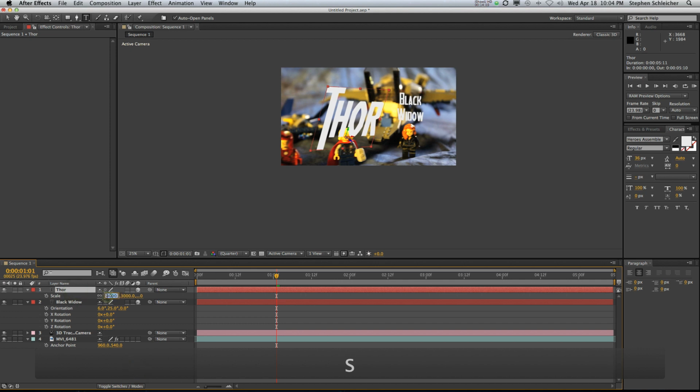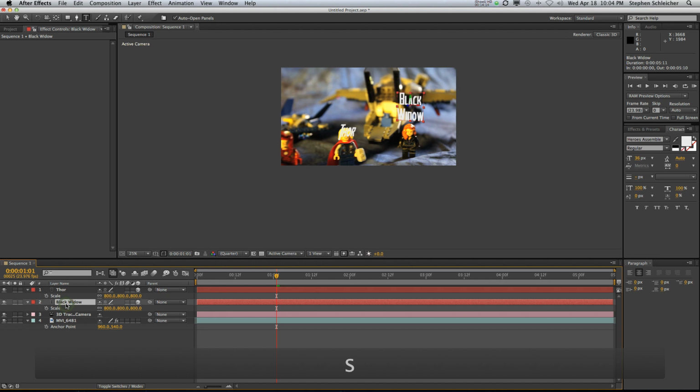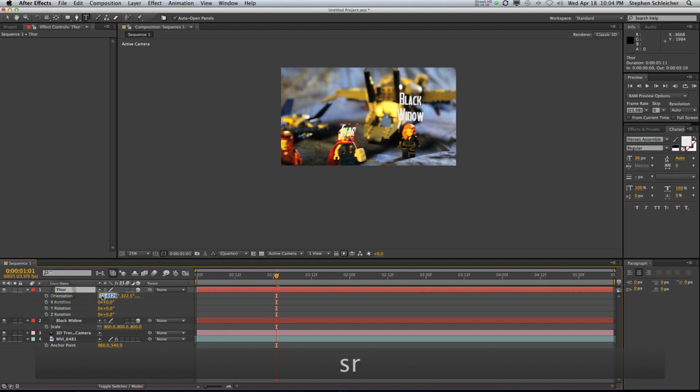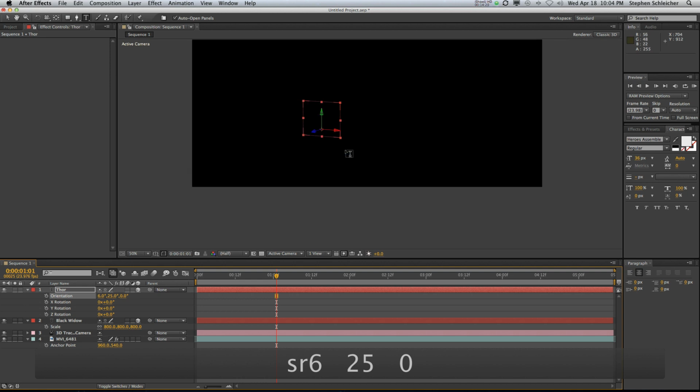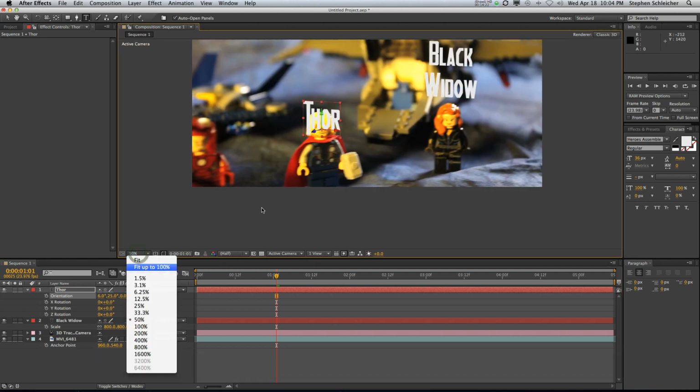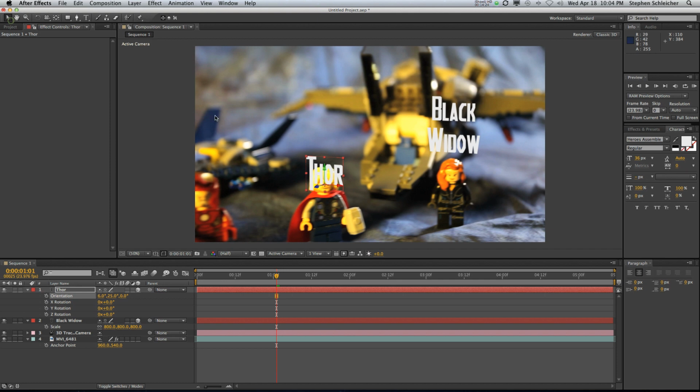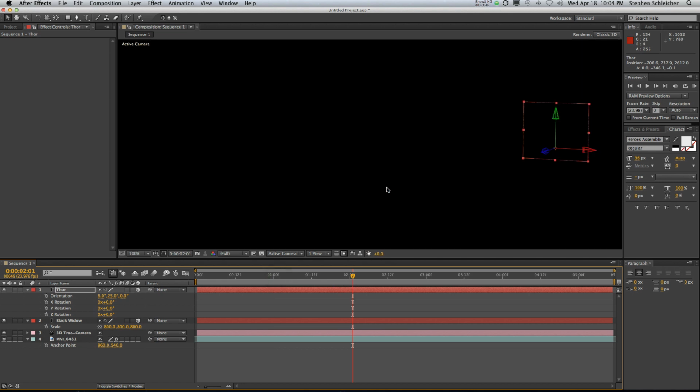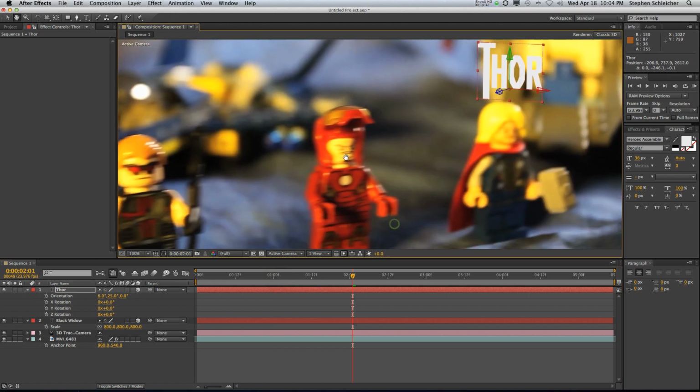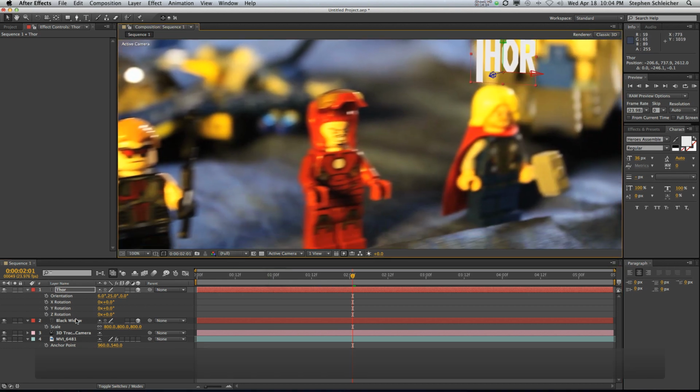So we'll go in here and we'll change this scale to 800, I think is what we had on the scale here. Yep, 800. And then we'll just change the rotation to the same amount that we had before. And again, I can go in and do some slight modifications to the positioning of this element. You know, to be honest, probably the better way to move these elements in space, if you need to, is to